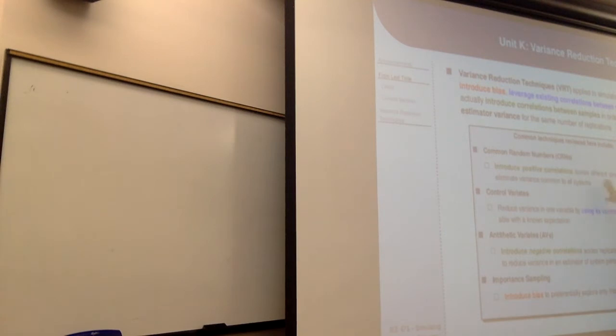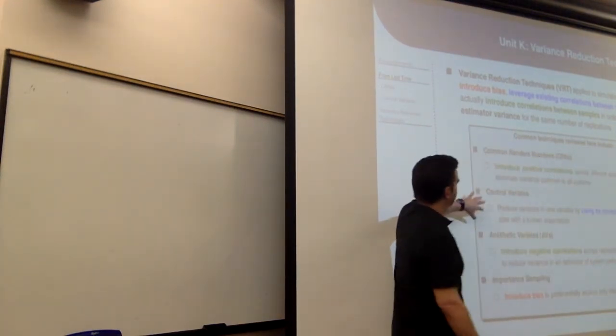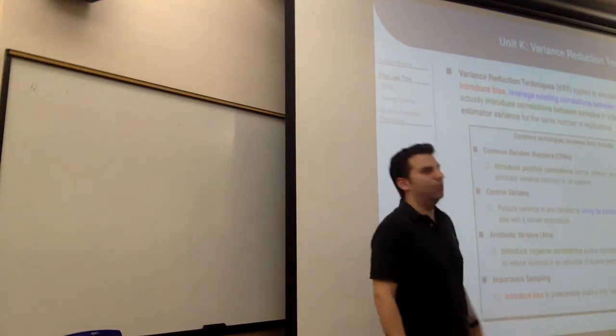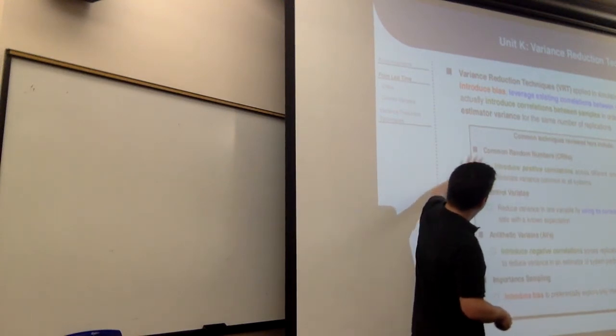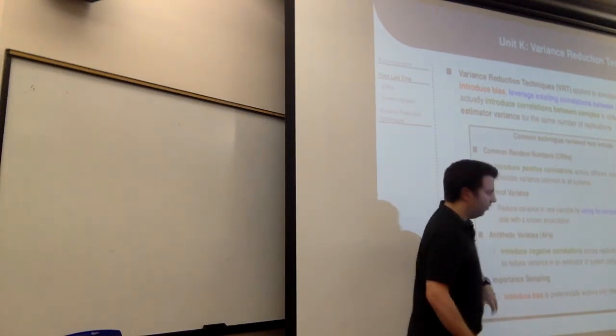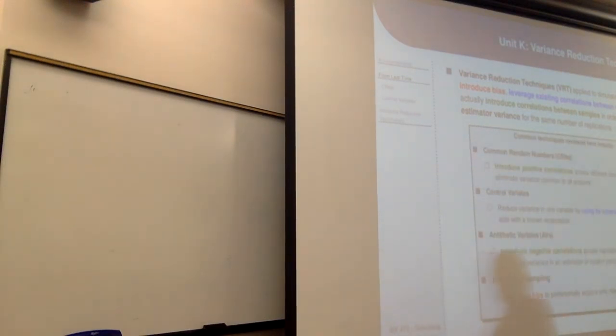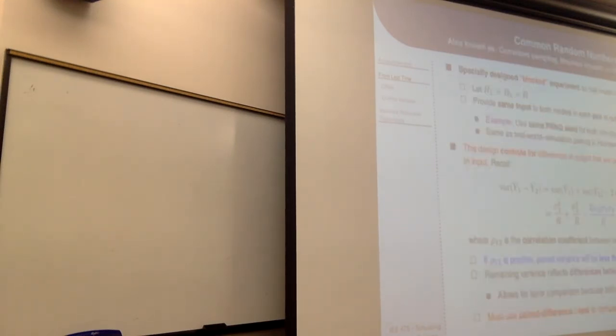And so we cover four of these methods this week. There are a whole lot more of them. We covered these two last time, which I'll briefly summarize, CRNs and control variates, and we'll pick up antithetic variates and importance sampling. Especially these three, common random numbers, antithetic variates, and importance sampling, are used a lot in Monte Carlo methods. We've done a lab where you estimate pi with Monte Carlo sims. If you do a lot of that, these are great ways to reduce the number of Monte Carlo simulations you need to run. I'll show examples of those. But you can also use them for discrete event system simulations like we've been doing.